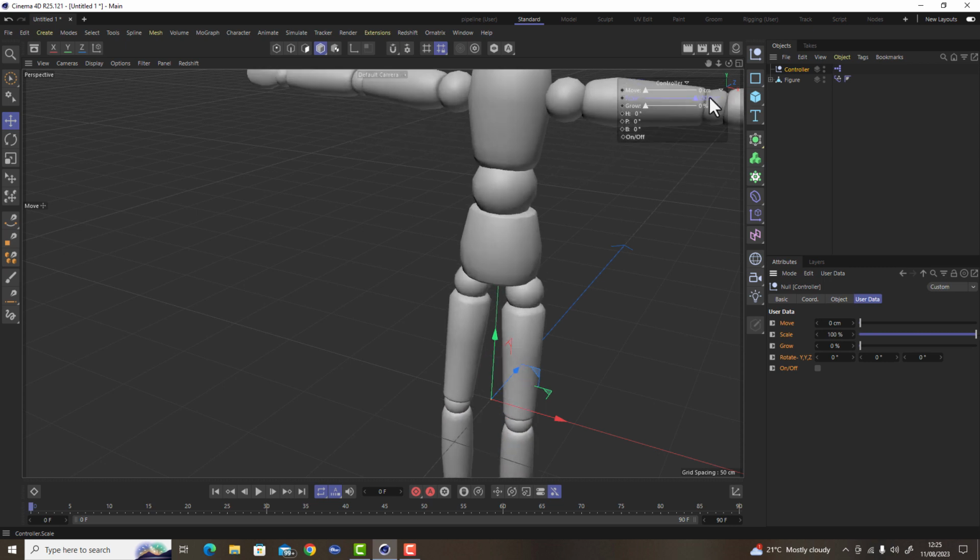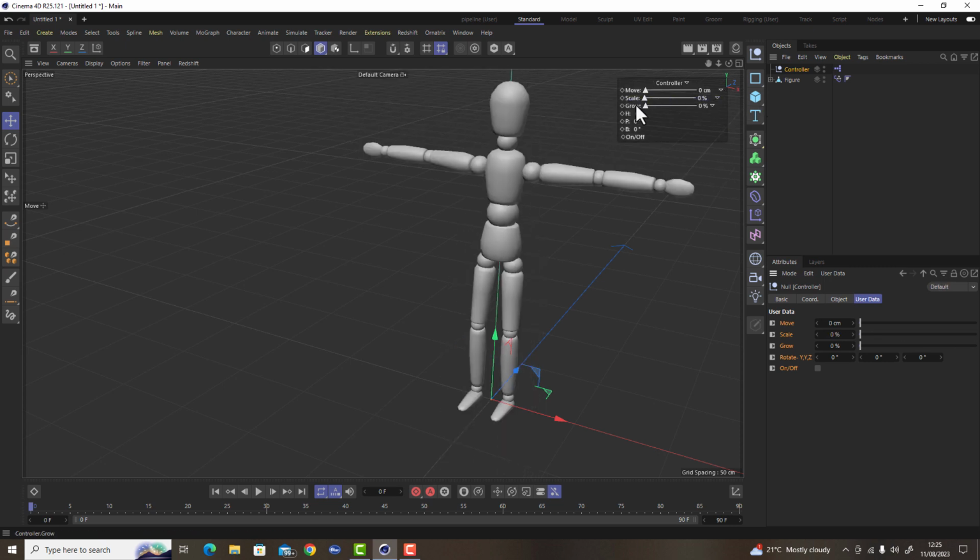in the Y, we can rotate it uniformly, we can grow the head, and we can rotate the heading, the pitch and the bank. We can turn on and off the X-ray mode from this. Now what you can do from this is you can now animate it. These little tiny diamonds indicate keys that can be set. So for instance, I can set a key for the move, the scale, the grow. In fact, you can set a key for all of these, and then we can move